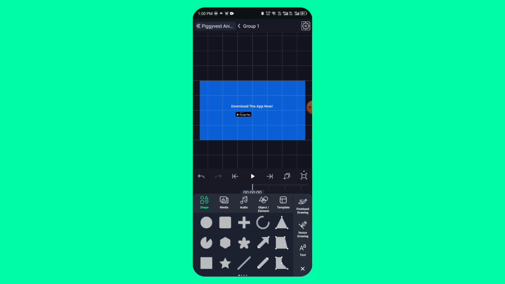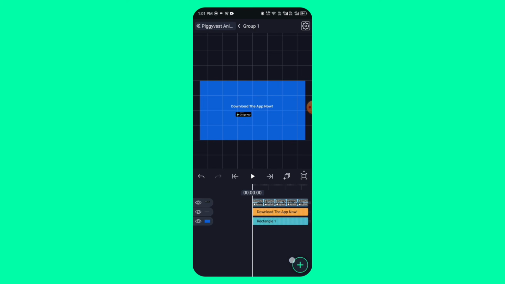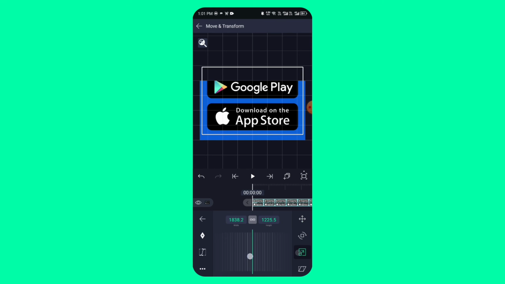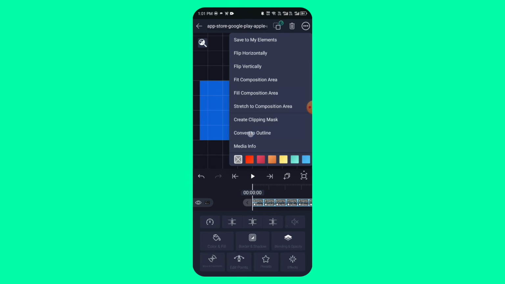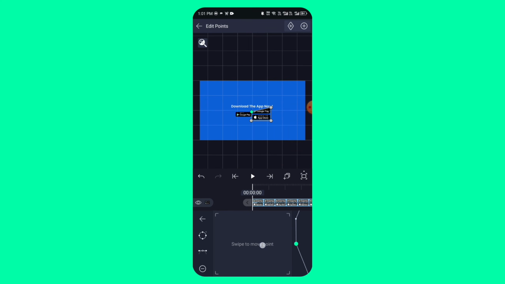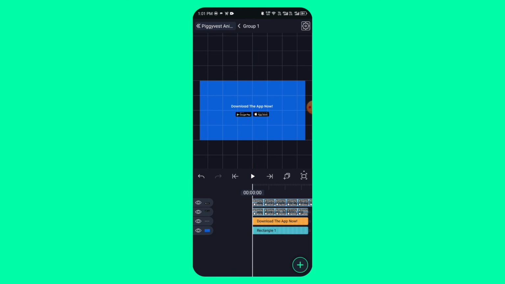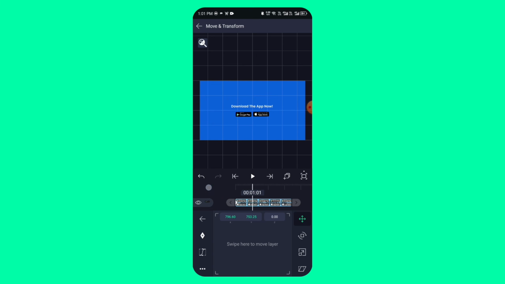Alright, then bring this one again, then scale down like this, then come to this here and do it like this. Alright, do it this way like this, then come here and scale down like this. Nice. So then once you are done with this one, animate it like this, add a keyframe here like this,